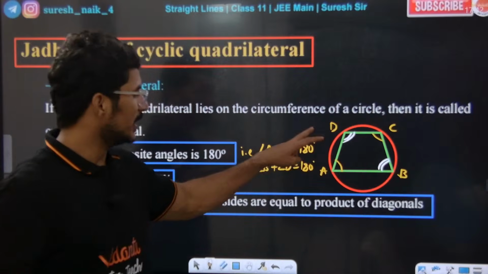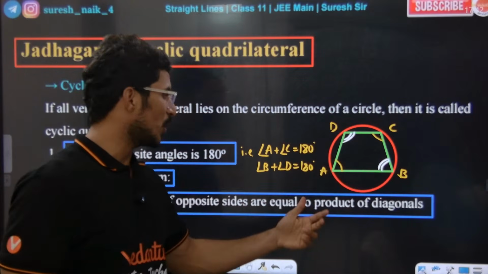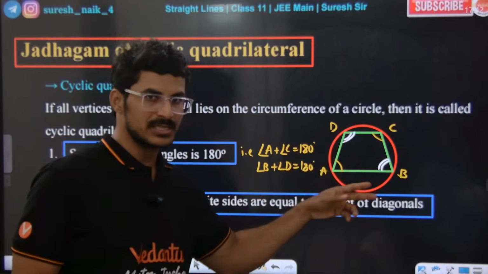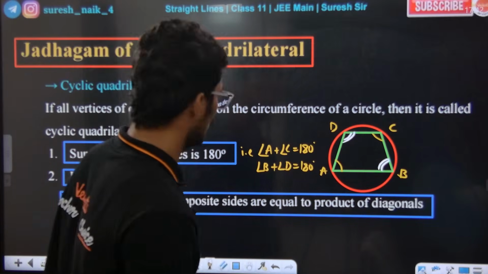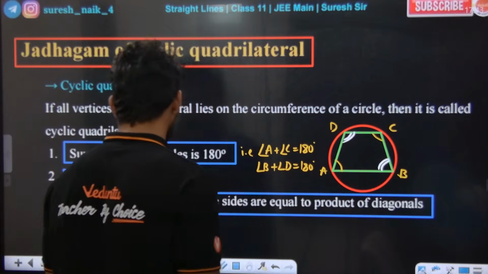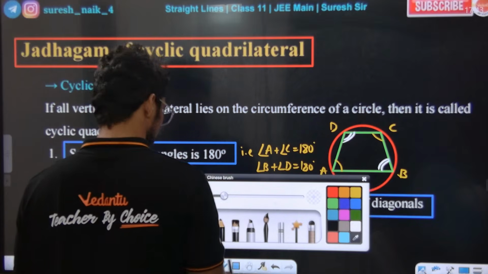Okay, the sum of angles B and D is equal to 180, and the sum of angles A and C is also 180. Right? Sir, now the sum of the products